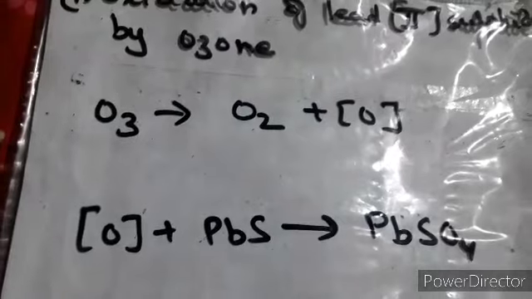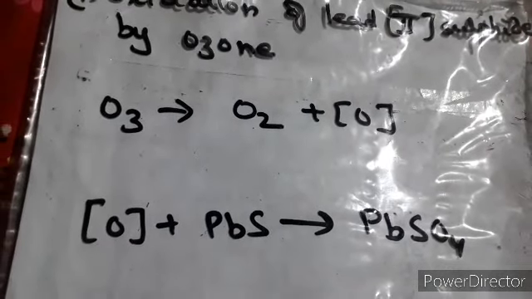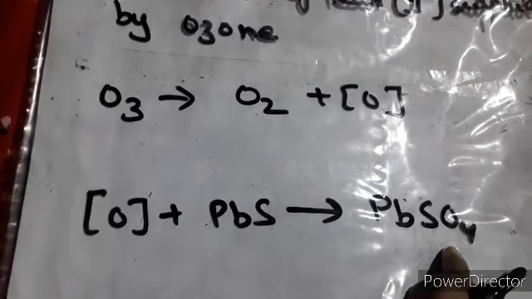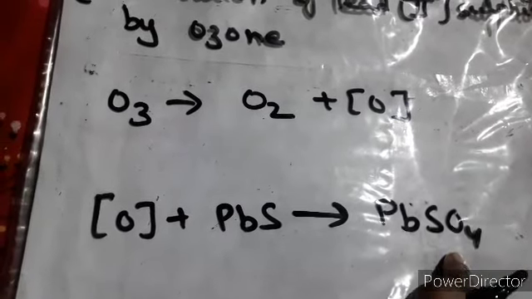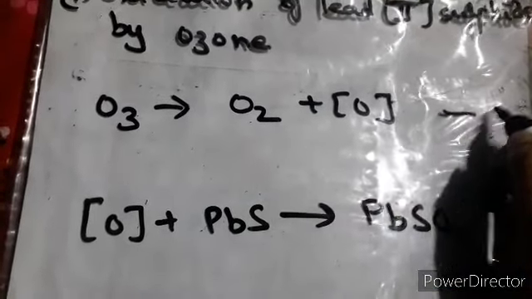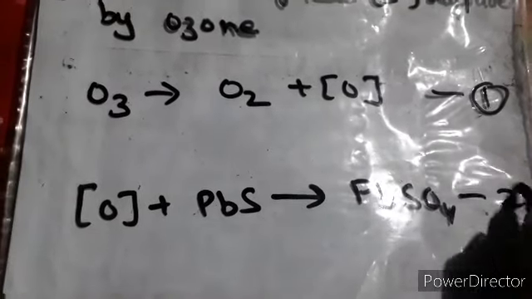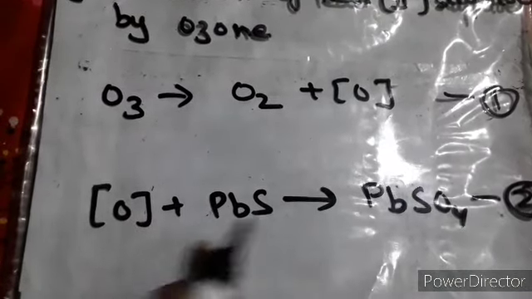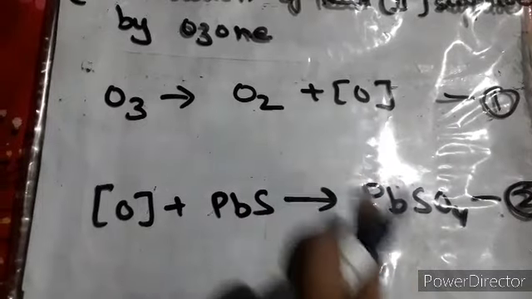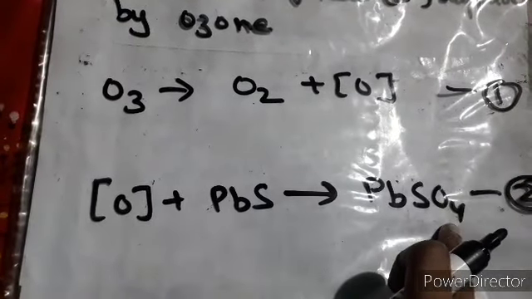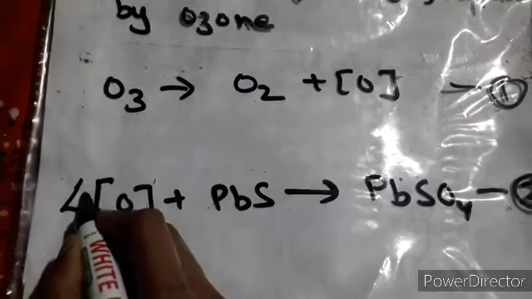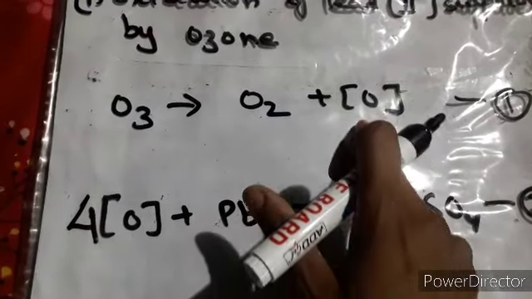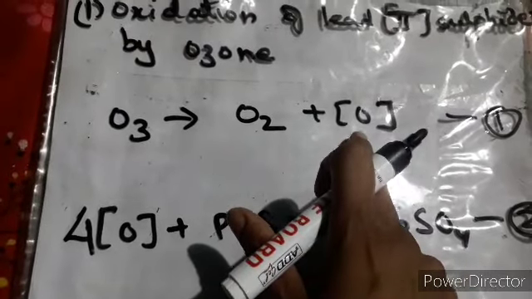Now you can see I have solved both the equations, and now we focus on this equation. Here how many oxygen atoms are there? 4, right? These are the 2 equations: equation number 1 and equation number 2. First focus on this equation, because this is the last one, and the other we will do later on. Here how many oxygen atoms are there? 4. To balance it, I will put 4 here. In these cases you have to ensure that the nascent oxygen in the 2 equations is the same, meaning the same number of atoms should be there. Here nothing is written, which means one nascent oxygen is there.